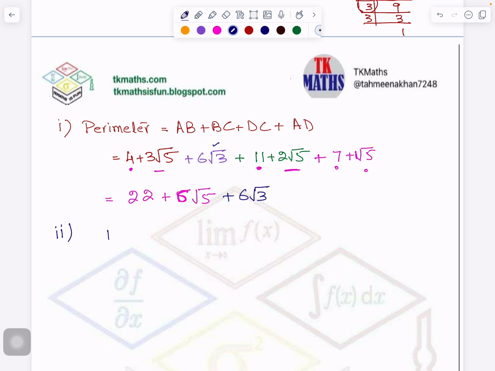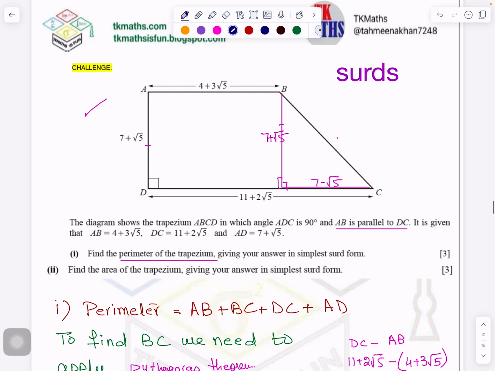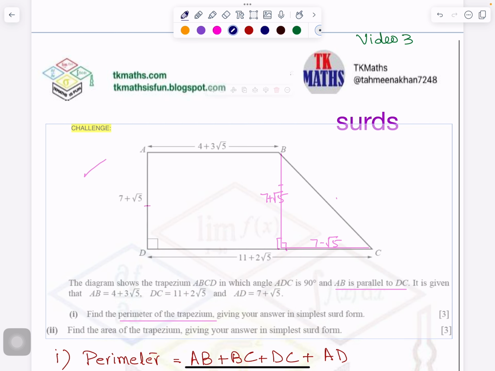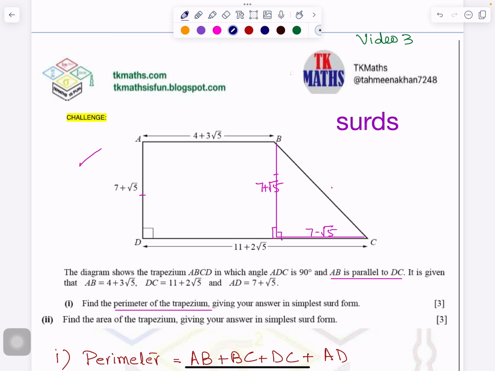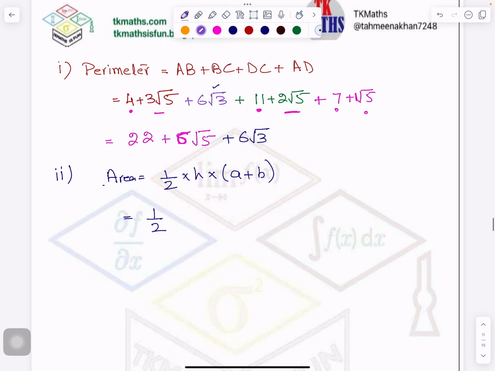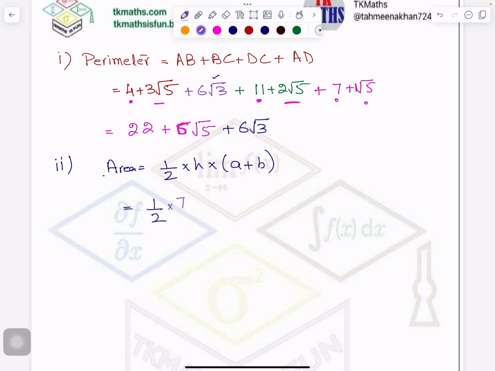Now you know the area formula of a trapezium is half into height into sum of parallel sides, right? Now let's see the diagram again. In this diagram, height is always the distance between parallel lines. So my height is what? 7 plus root 5. So I will write here 7 plus root 5, and don't forget to write a bracket